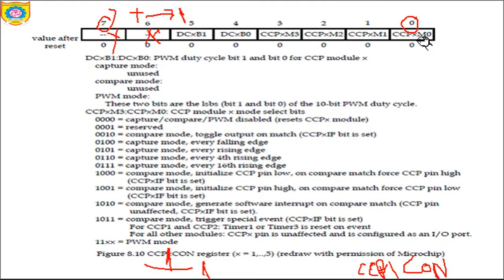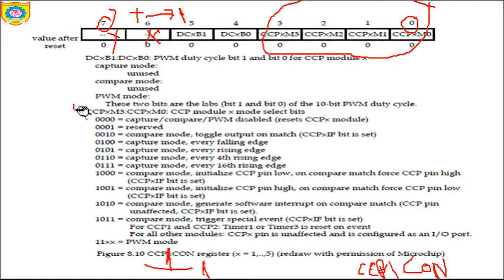From these we can decide the mode of operation: compare, capture or PWM. So these 4 bits, 0 to 3, are CCP1M3 to CCP1M0, and they are important for mode selection.